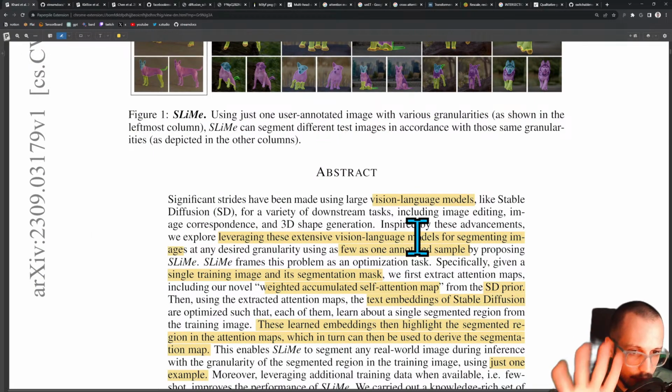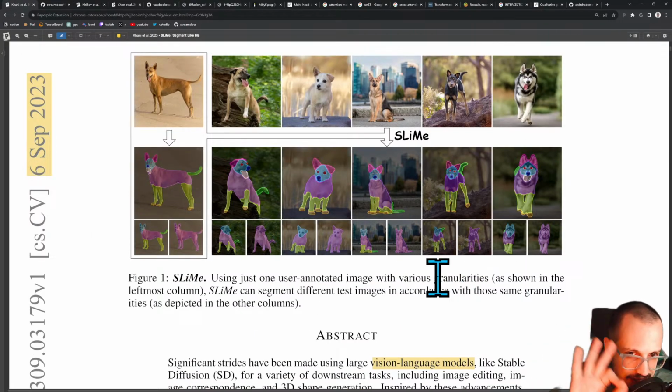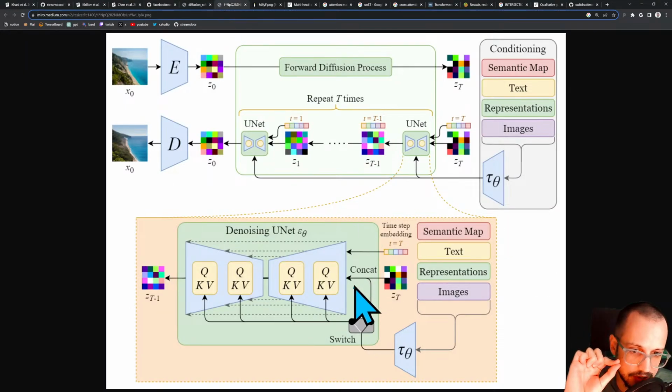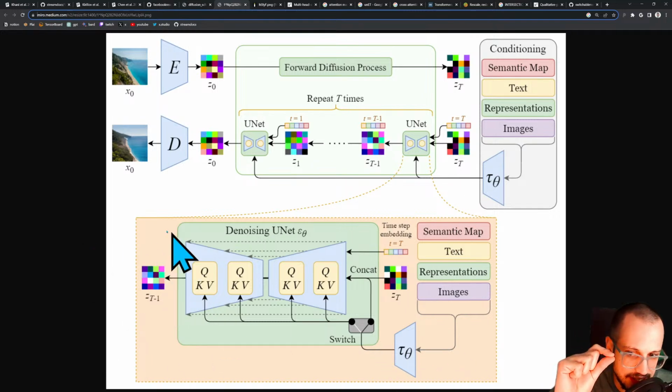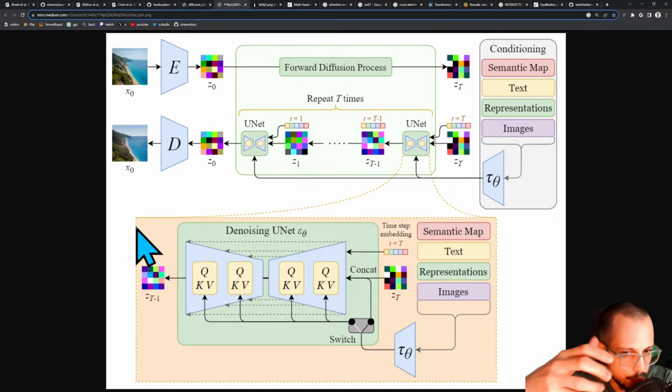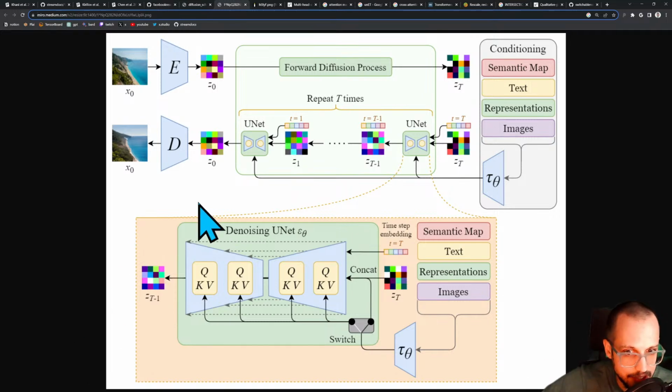This paper does something different, where it's using Stable Diffusion, and it's leveraging the fact that Stable Diffusion has a very, very interesting cross-attention map, right? The cross-attention map inside the denoising UNet of Stable Diffusion has learned this attention mechanism between the tokens of text, or these text embeddings, which are text information from the world, and this latent image here, which is really image information from the world. And it's learned a way to determine which parts of that text are relevant to which parts of the image, such that it can remove noise and then generate images for you,